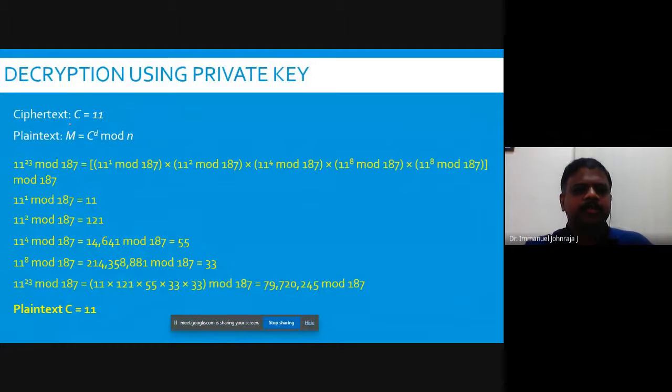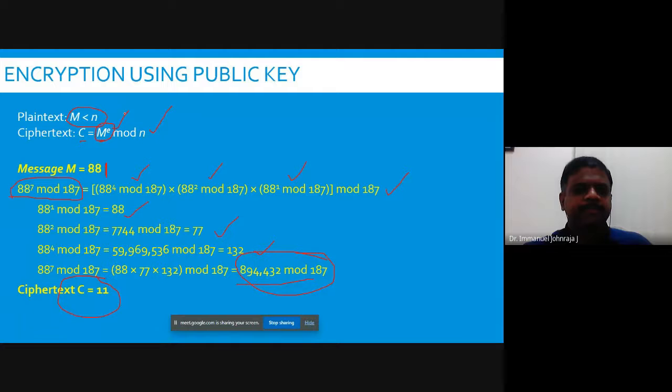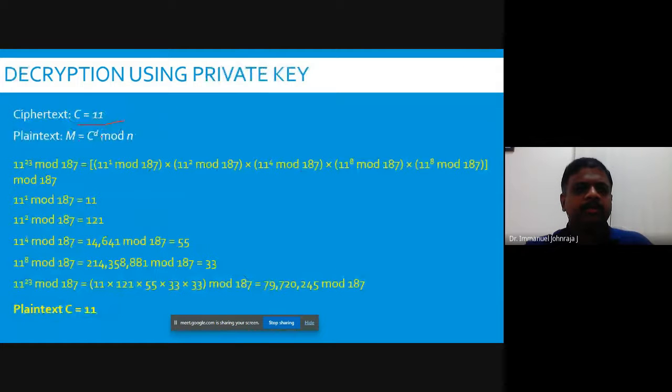Yes, here. So your ciphertext is 11, as we have got from the previous screen. And then the plain text is calculated like this. The ciphertext is raised to the power of d. Okay, that's the private key. The receiver is using his private key to decrypt it. Mod n. All right. So n is 187 in our example. d is shared as 23. So this is our formula: 11 power 23 mod 187.